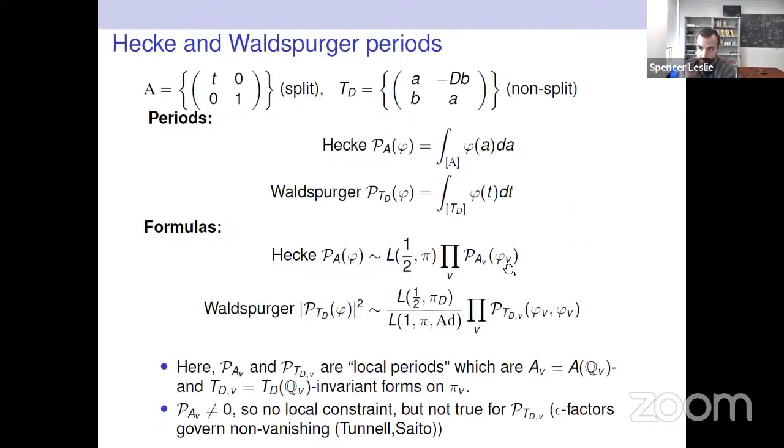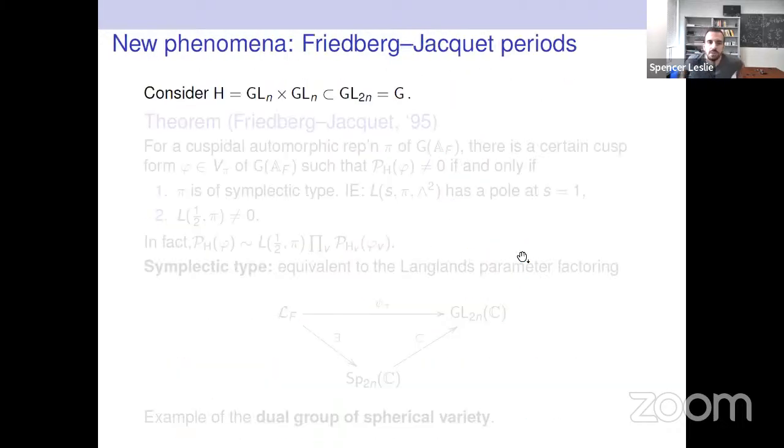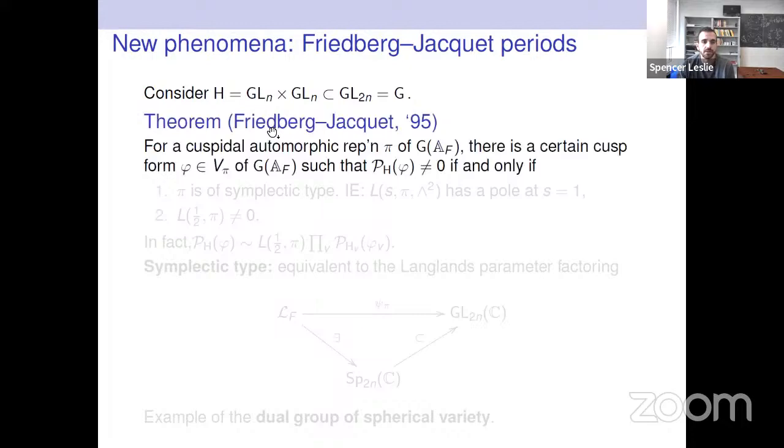And this is actually one of my favorite examples, namely the so-called Friedberg-Jacquet periods, where I'm now considering GL2n, so arbitrary rank, and the subgroup that I'm integrating over is GLn cross GLn. So this was studied back in the mid-90s by Friedberg and Jacquet, who proved the following beautiful theorem. If I have a cuspidal automorphic representation, then the automorphic period over this subgroup H is non-zero if and only if my representation is of symplectic type,